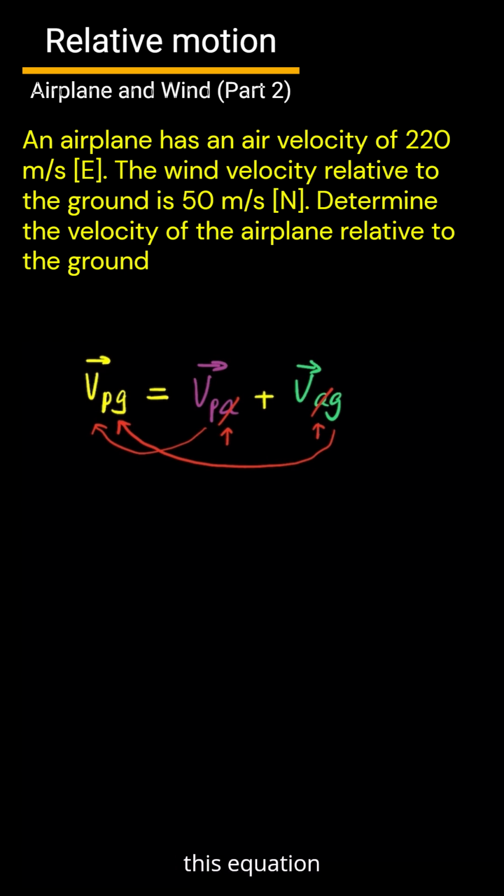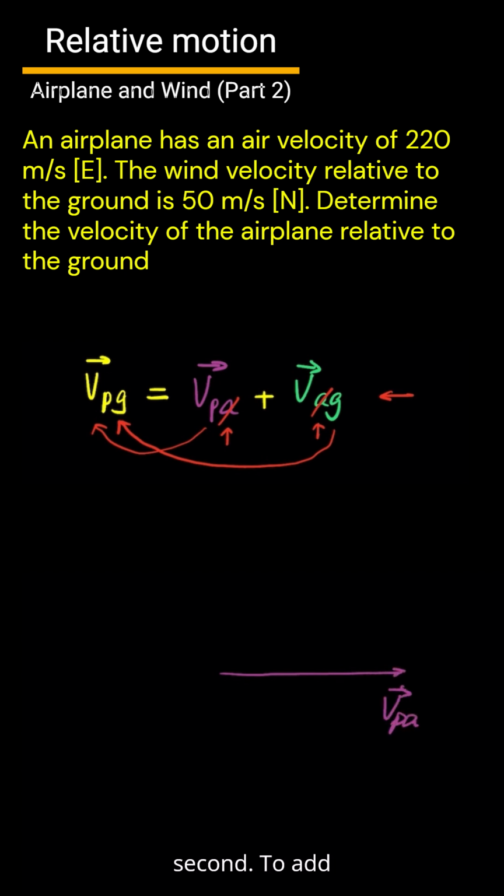As you can see, this equation is addition of two vectors. We can't simply add the numbers together. So let's draw this out to see what it looks like, and then we turn this into something that we can solve algebraically. Now, we know that the air velocity, VPA, is a vector pointing east with a length representing